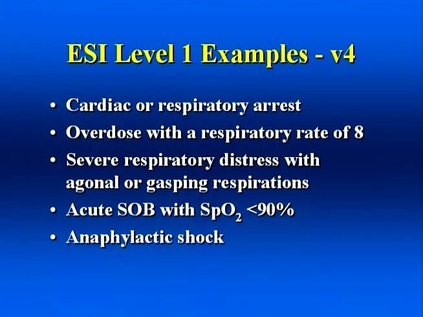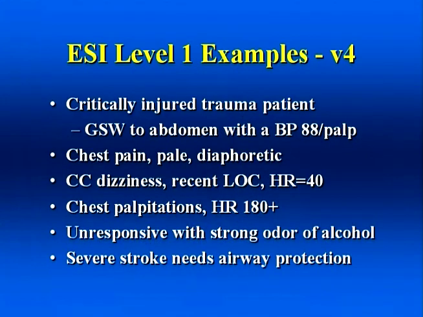Some examples of ESI level 1 patients: a cardiac or respiratory arrest, an overdose with a respiratory rate of 8, someone in severe respiratory distress with agonal or gasping respirations, acute shortness of breath with an oxygen saturation of less than 90%, anaphylactic shock, a critically injured trauma patient, for example, a gunshot wound to the abdomen with a palpable blood pressure of 88, chest pain who's pale, diaphoretic, with a blood pressure of 90 palpable,